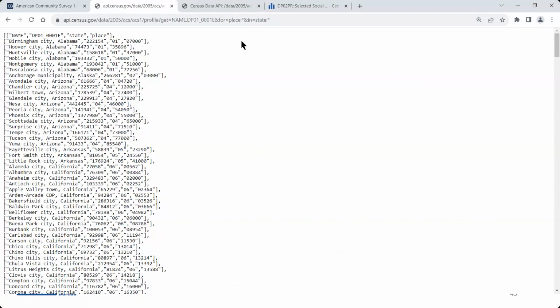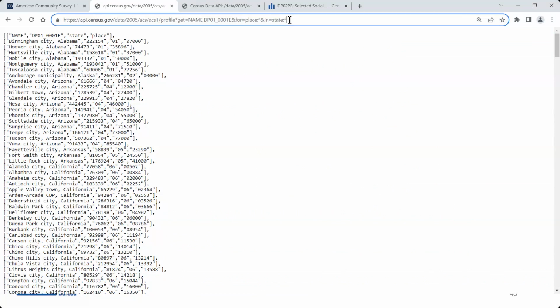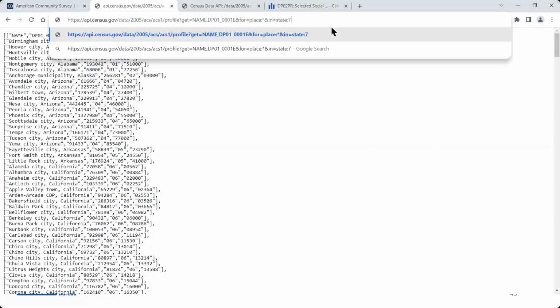So I want to update the URL here. So first thing, like we've done a couple times already, we'll change the asterisk following state colon to 72. That's the state code for Puerto Rico. And then this time, we're going to use the group functionality to pull all variables from that DP02PR table.